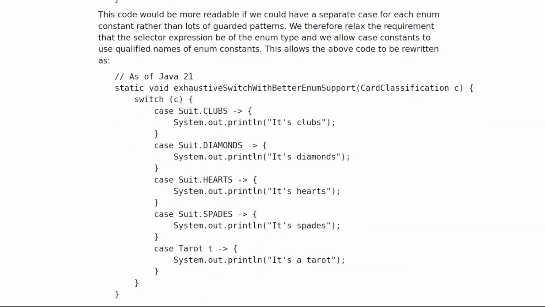case Suit s when s == Suit.HEARTS -> System.out.println("It's hearts"); case Suit s -> System.out.println("It's spades"); case Tarot t -> System.out.println("It's a tarot");